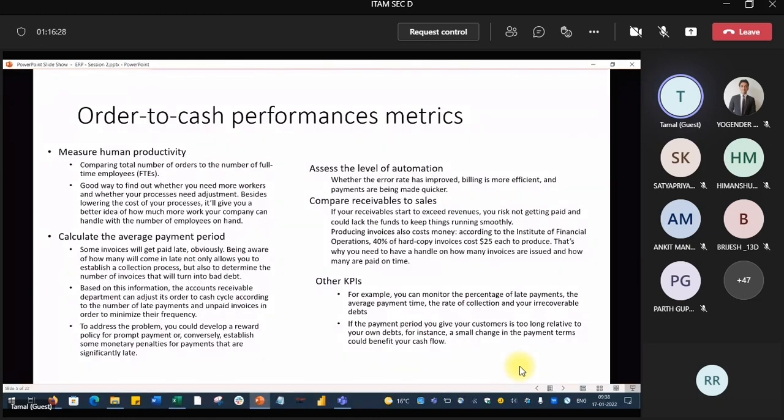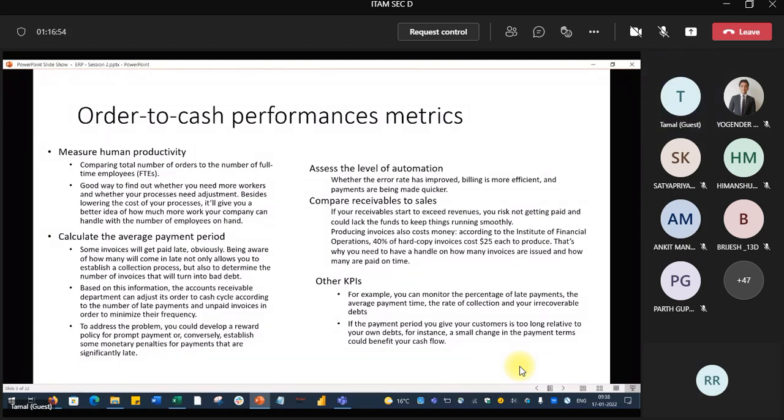This is another very good feature. The accounts department will actually love this. If your receivables start exceeding revenue, your risk is not getting paid. So you can have a constant eye on your receivable threshold value.